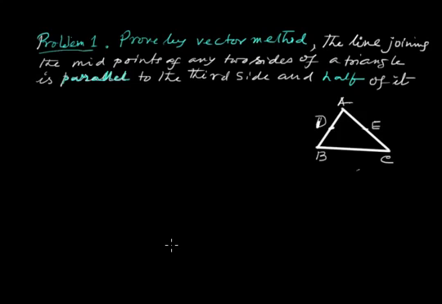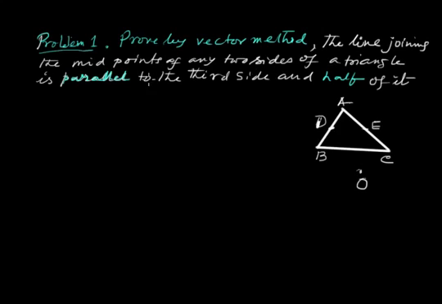Hello viewers. Now we'll discuss two very interesting problems. As you know in the earlier classes, the midpoint theorem in geometry. Now we'll prove the same midpoint theorem with the help of the vector method, and you can realize how easy this method is. First of all, we'll take a point O as the origin of reference, and here we have